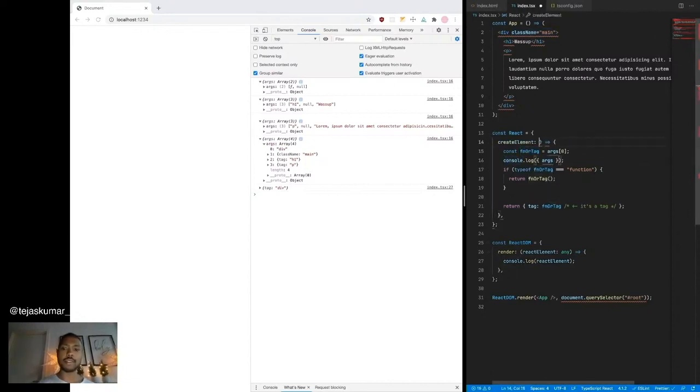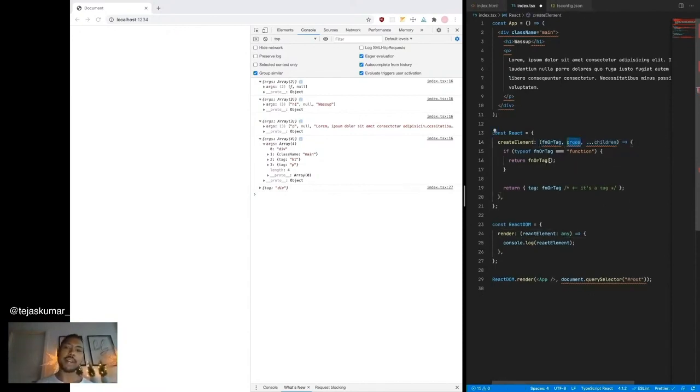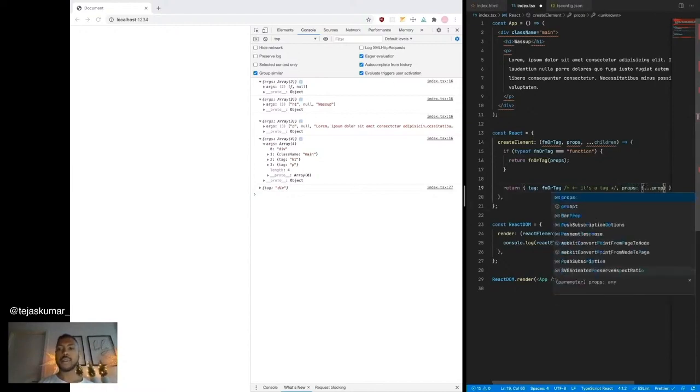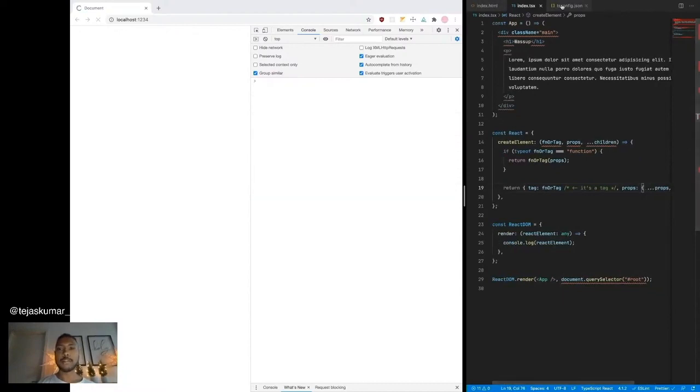So we've got 4 things. We've got fn or tag for sure, and then we've got props, and then tag h1, tag p. Those both look like h1 and p, which look to me like children, and there's 4 of them. So I'm assuming everything after props is children. Spoiler alert, I'm not assuming, I know this, but just go with it. So this is what we have here. Amazing. We'll call fn or tag and we'll pass props in, and when we return, we'll return a tag, but we'll also return props. And we'll spread the existing props, but we'll also add the children to the props for simplicity.